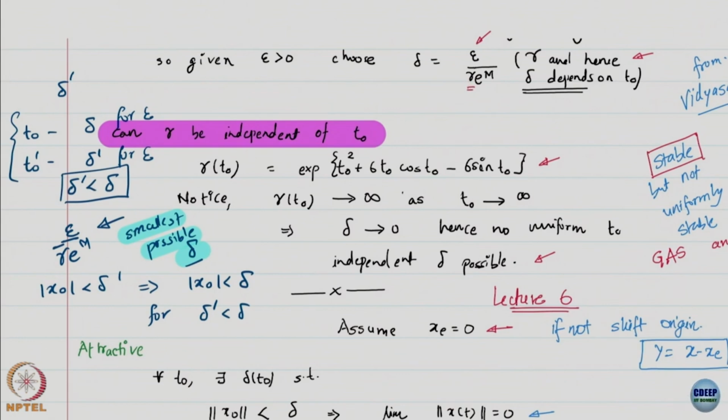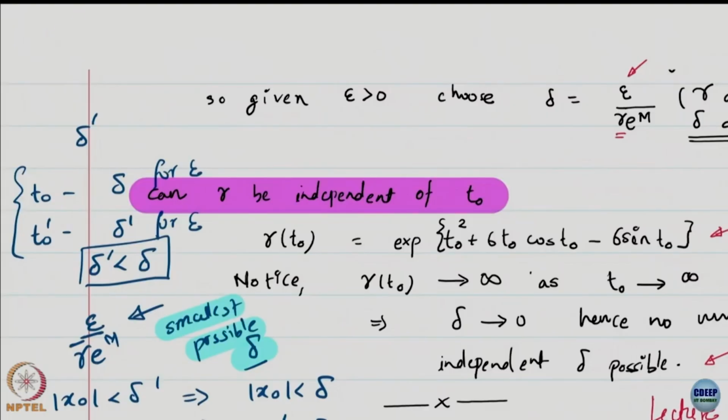Now, the important thing to understand is whenever I am trying to find a common delta that is independent of T0, I have to hunt for the smallest delta. I hope this is sort of evident. For example, I will just try to make a picture. So, suppose I give you this